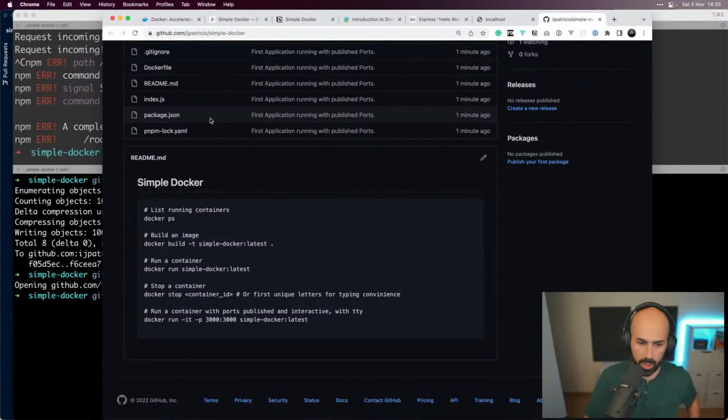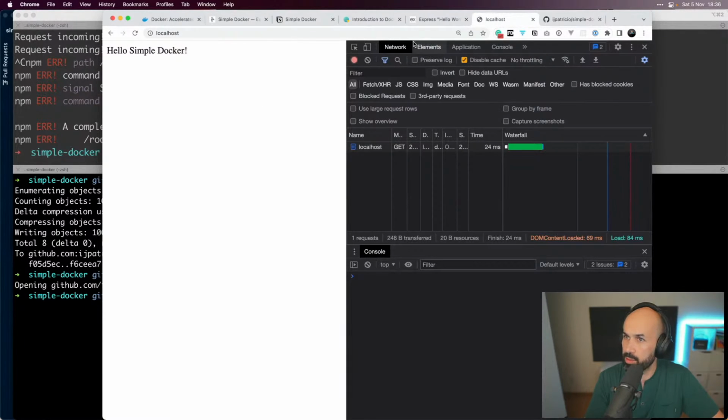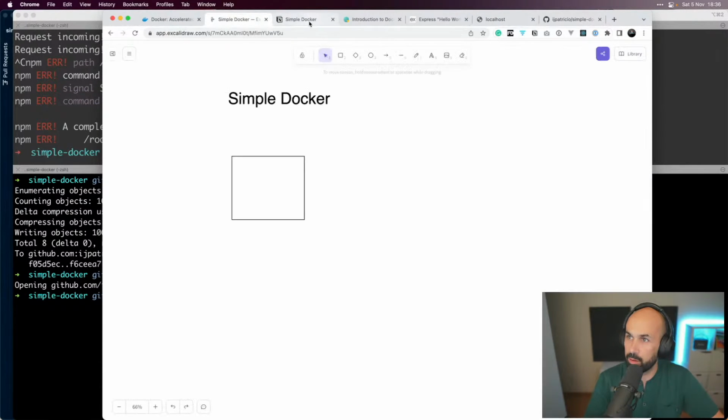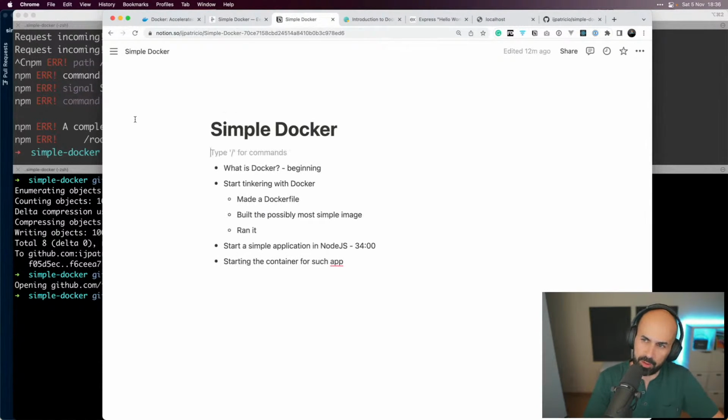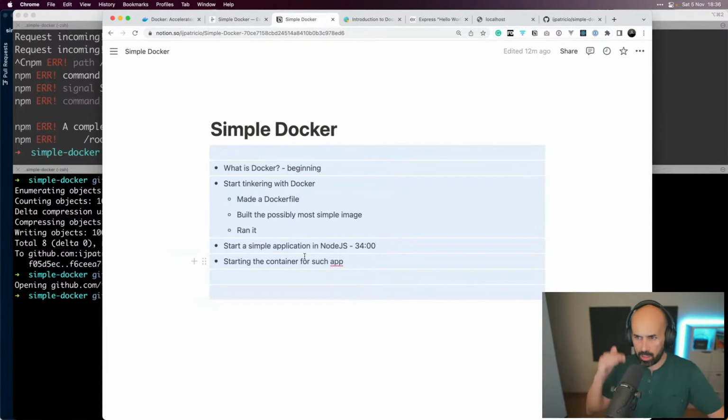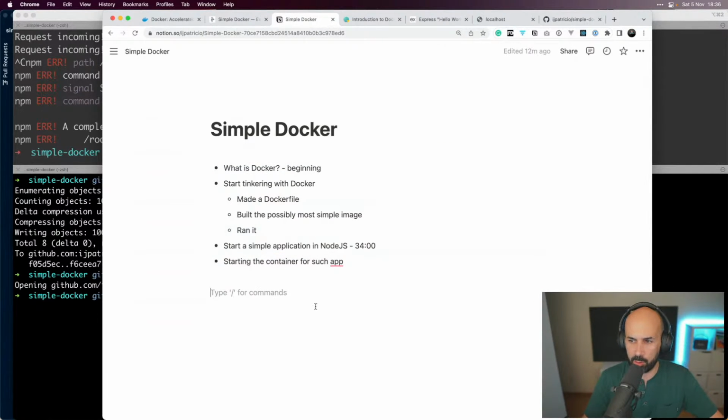I will try to make these with lots of episodes so that even later they can be referenced. So that's why, of course, now I will do it after turning off the stream, but I will make an index so you can jump to the stuff that you want to see later on, and hopefully it will help you in this onboarding to Docker.